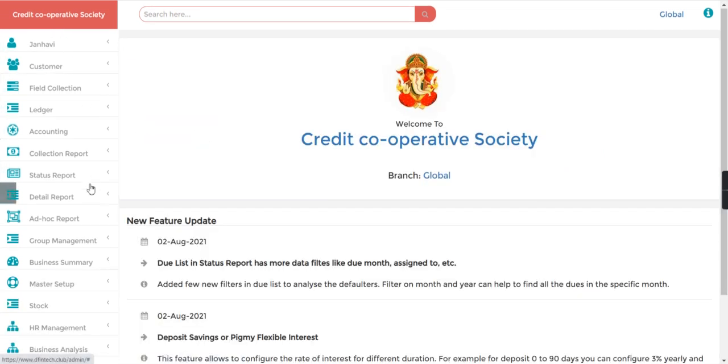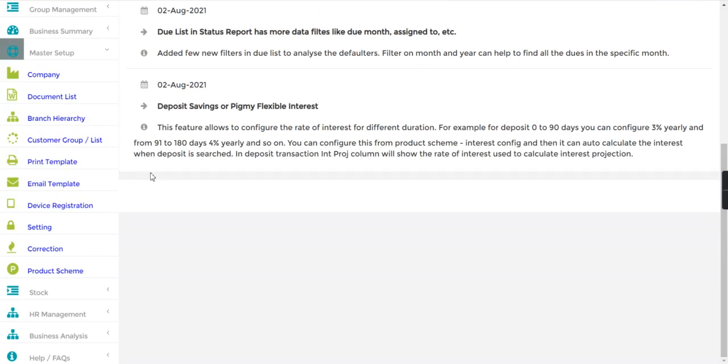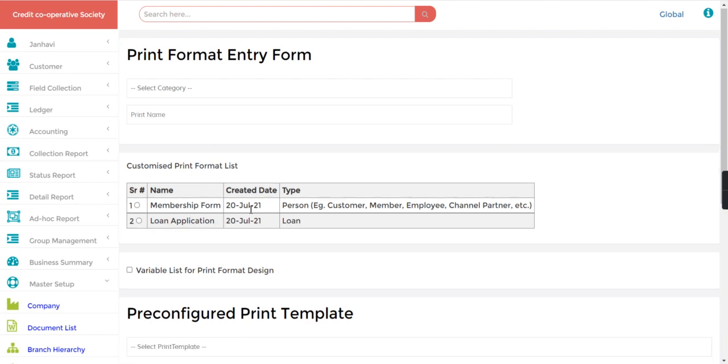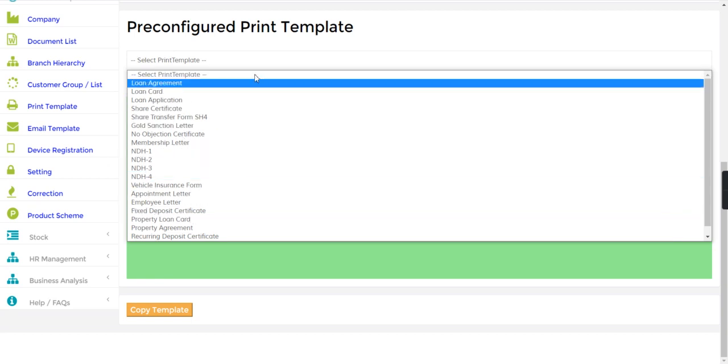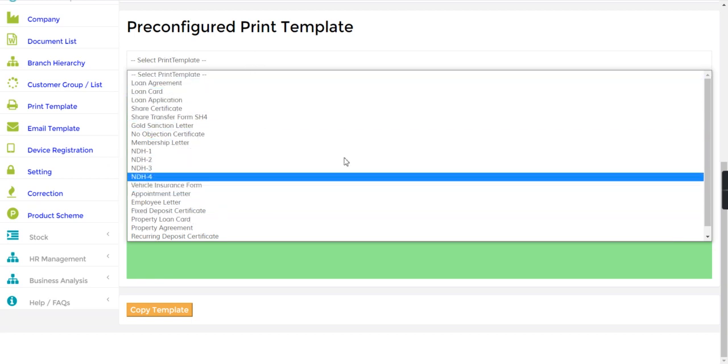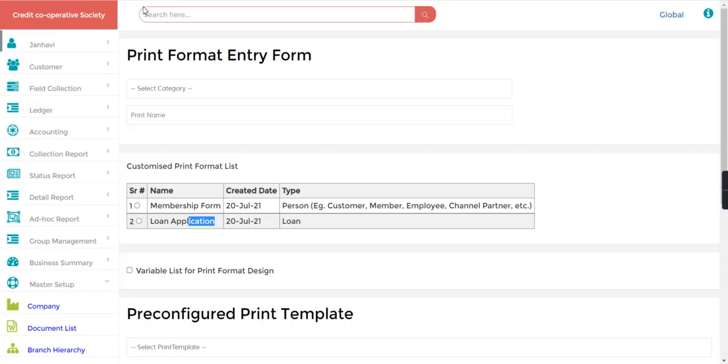After that, if I go to the master setup, print template, here you can see I have added the membership form and loan application. We have already pre-configured the print template format. Whatever is required, we can just copy from here and add. So if I search the customer F-1,